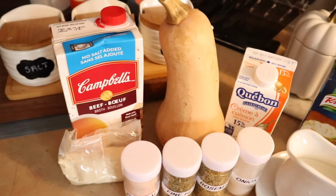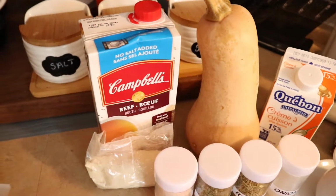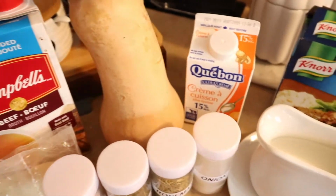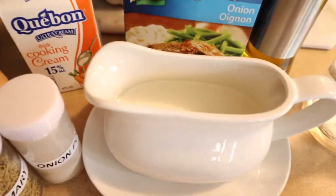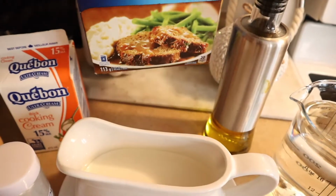Okay guys, so we're going to make a butternut squash soup. We'll need some broth, either beef, chicken, or vegetables. It's your choice. The squash, obviously. And then some cooking cream. I put half of this container, which is in here. And then we'll put some of this, like onion spices,